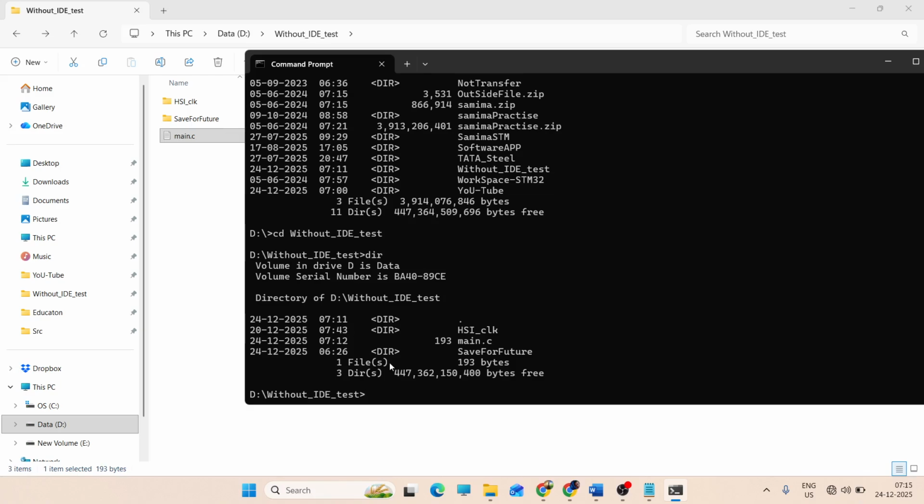You can see that there are 3 files available, that is the clock file, main.c and save for future. These 3 files are available, but I want to take this main.c file and execute it. So write the command like arm-none-eabi-gcc,